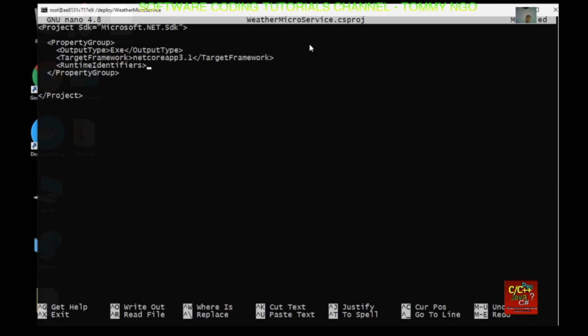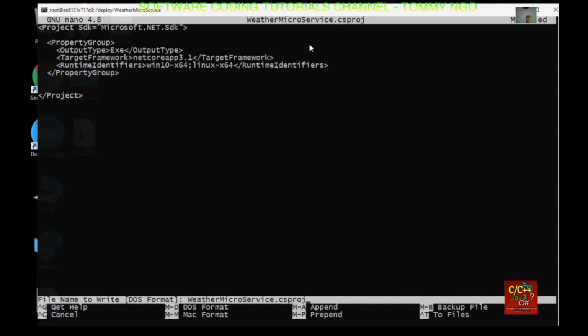and what this allows us to do is do a build for a particular operating system or platform. So we can do Win10 x64 or Linux x64, and then close runtime identifiers. Okay, then we want to add another group,